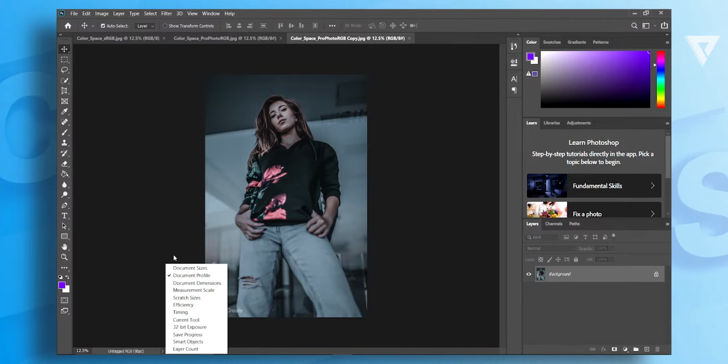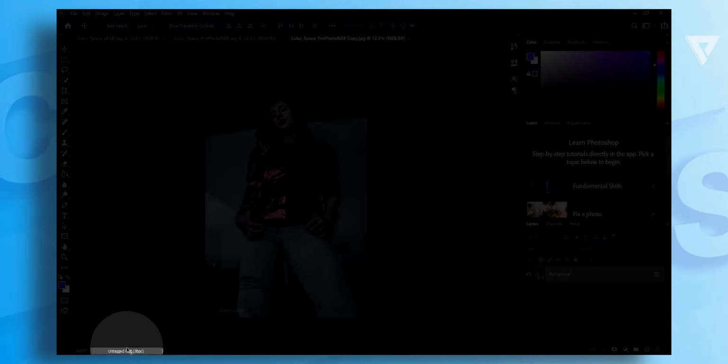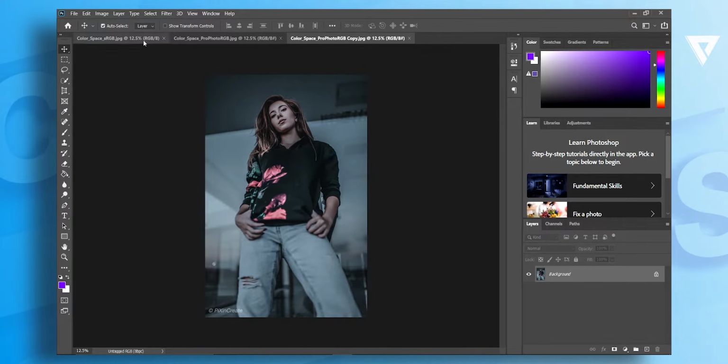It now shows untagged RGB for this specific image, whereas it shows sRGB for this image, which means that Photoshop doesn't know to which gamut or color space this image belongs. However, you know to which color gamut it belongs, right? Yeah, ProPhoto RGB.